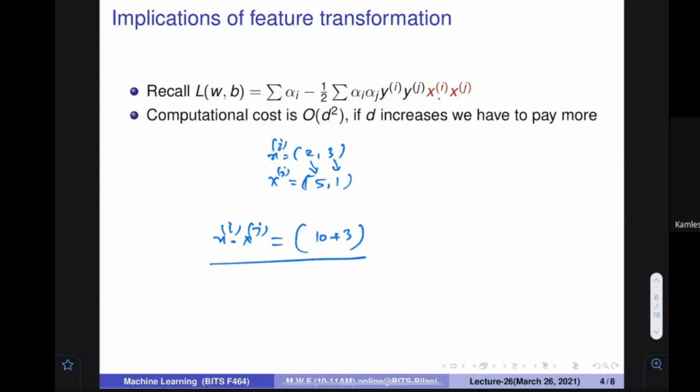What is this value? A few minutes back we also saw that if two vectors are there and we take the dot product, it tells how much they are directed into the same direction. If the two vectors are the same, they would be entangled. If this value is larger, it means they are in the same direction. If this value is 0, they are not similar. So essentially, this dot product gives you how much similar those two items are. Dot products give you how similar these two points are.